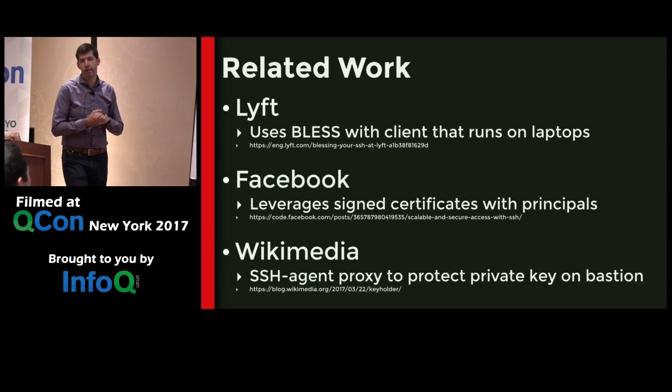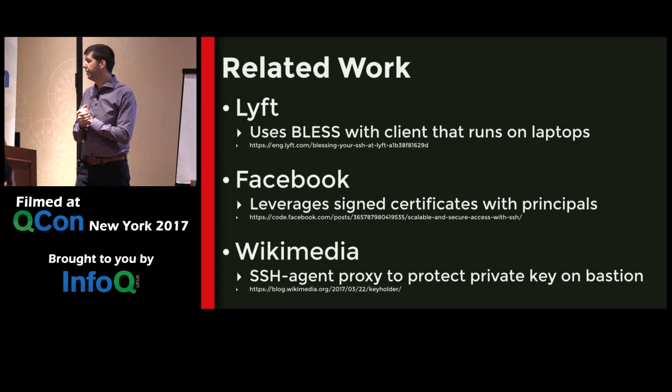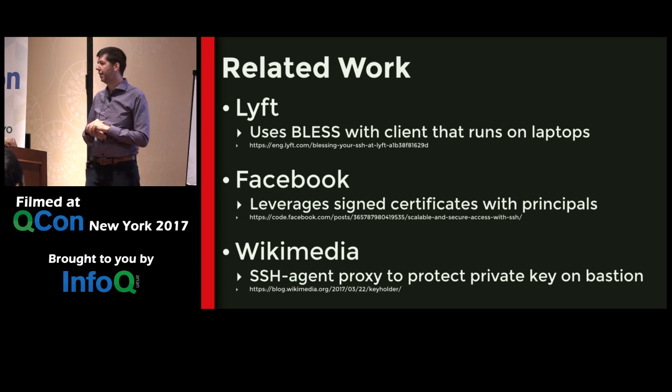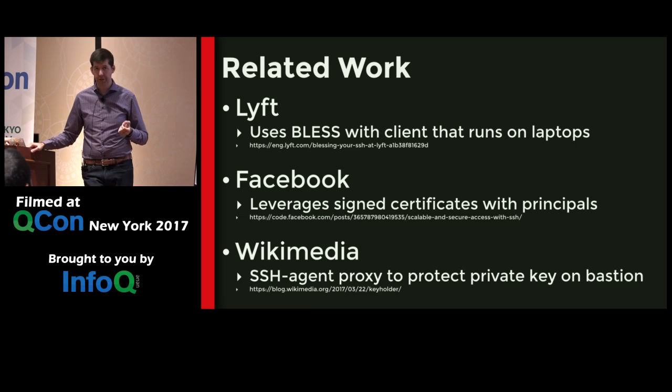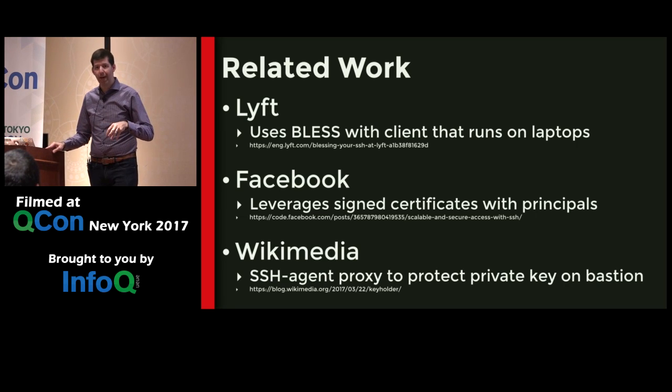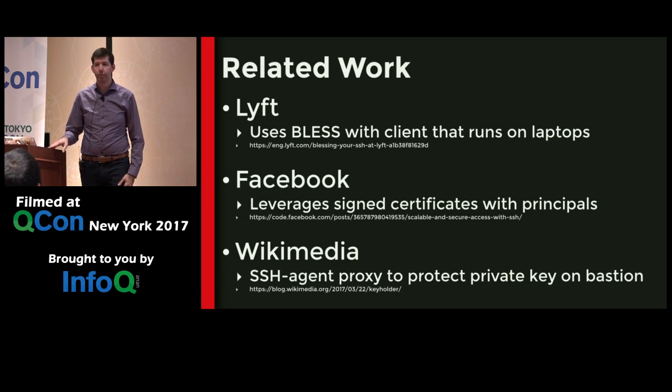Last thing I wanted to mention is that there's a lot of other people that are working in a similar space. As we've worked on this project, at some level they've come out of the woodwork, and it's been really fascinating to see what other companies are doing. Lyft actually is using Bless, but they're using it in a slightly different way. They wrote what they call Bless Client, and it runs on developer laptops. And they have separate tooling that allows a developer laptop to get AWS keys. And then Bless Client goes directly from their laptop to the Lambda function and does the kind of operations that I showed you straight off of their system. So that's a pretty cool system. And they have a blog post there that talks all about their system. And I believe they've open sourced Bless Client as well. And they work nicely together.